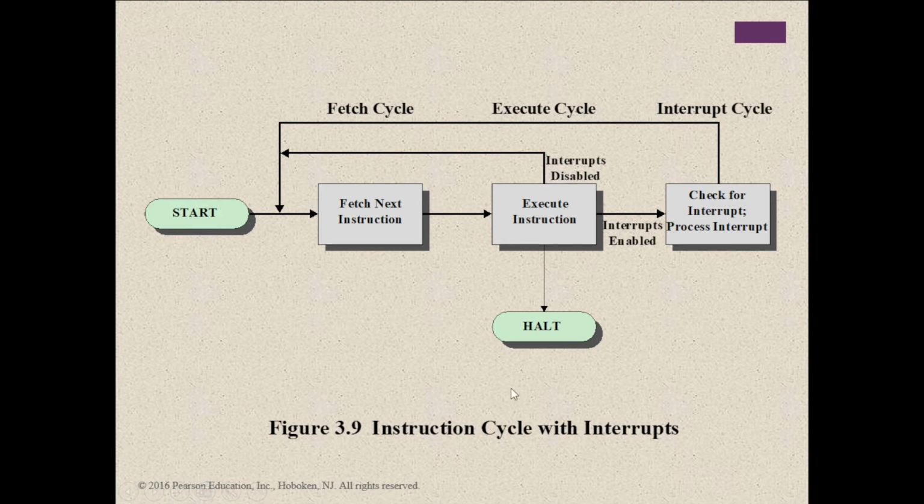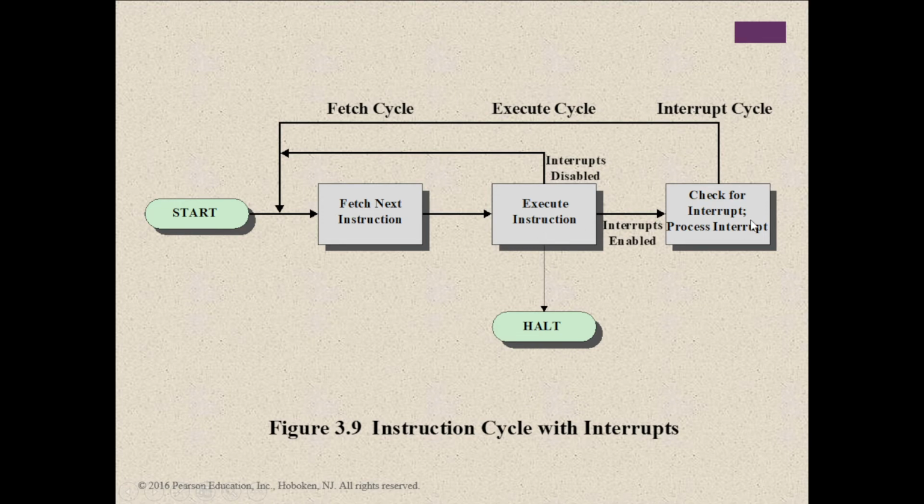Okay, so we have this one for additional explanation. So we have the instruction cycle. This is the original instruction cycle. And then we added, for checking of interrupts, the interrupt cycle. If there is no interrupt here, it will continue its execution, fetching the next instruction and of course executing